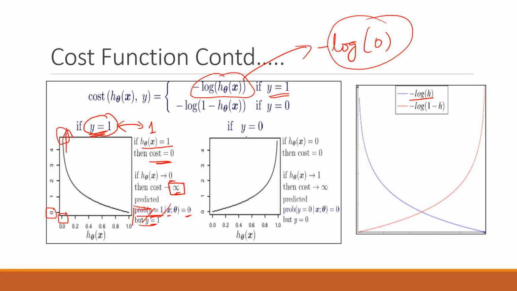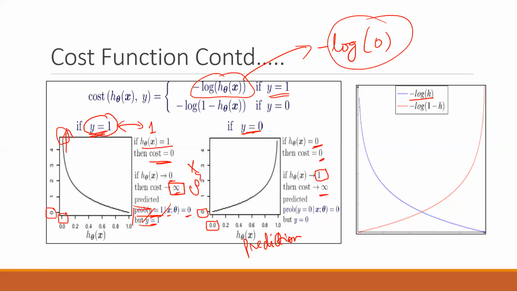And similarly for y equal to 0, if it is matching, cost function will be 0. तो 0 में आपने 0 को ही predict करा, तो obviously your cost function will be 0. ये आपका cost function है, this is your cost, right? And this is your prediction. So your cost is increasing if your prediction is wrong. अब यहाँ पे if the prediction is 1, then the cost is infinite. And this is how to look into this graph.